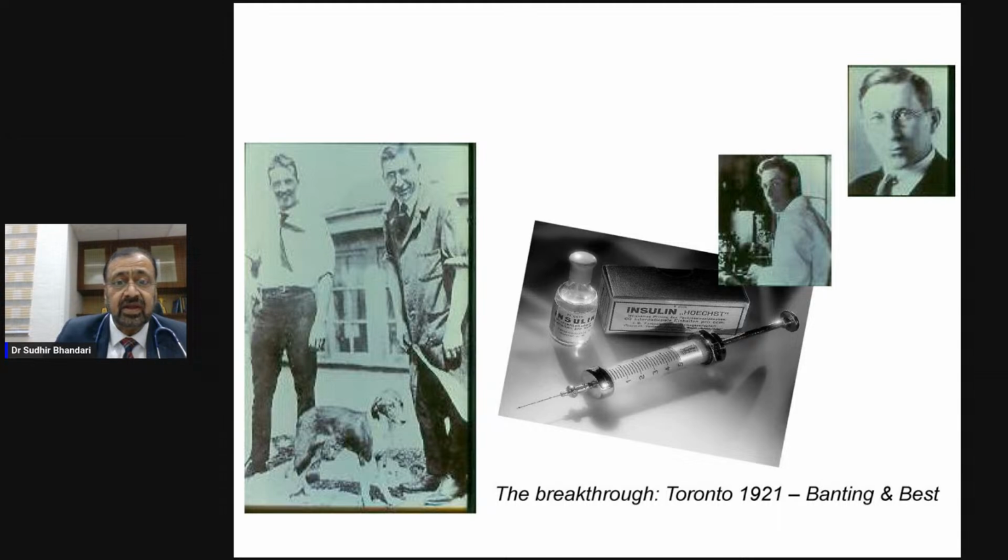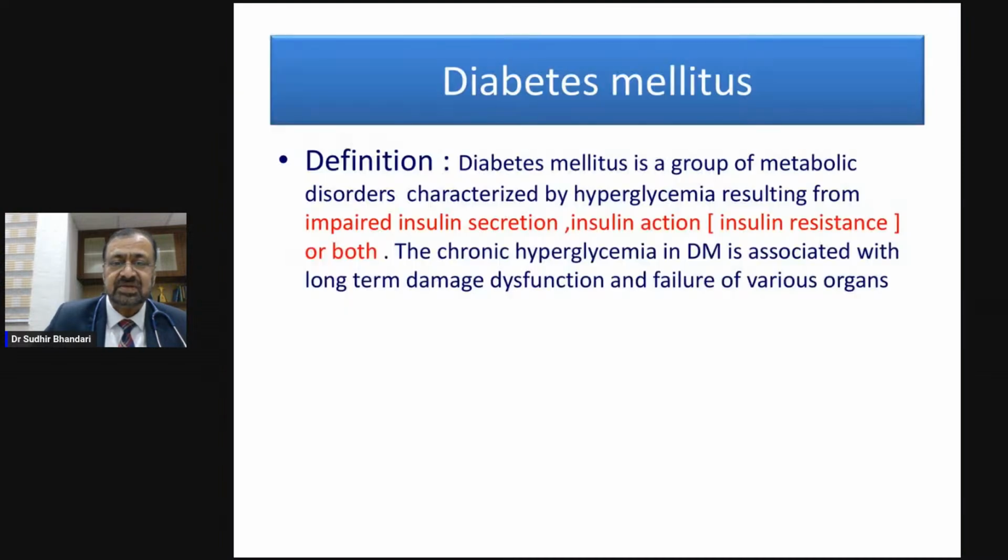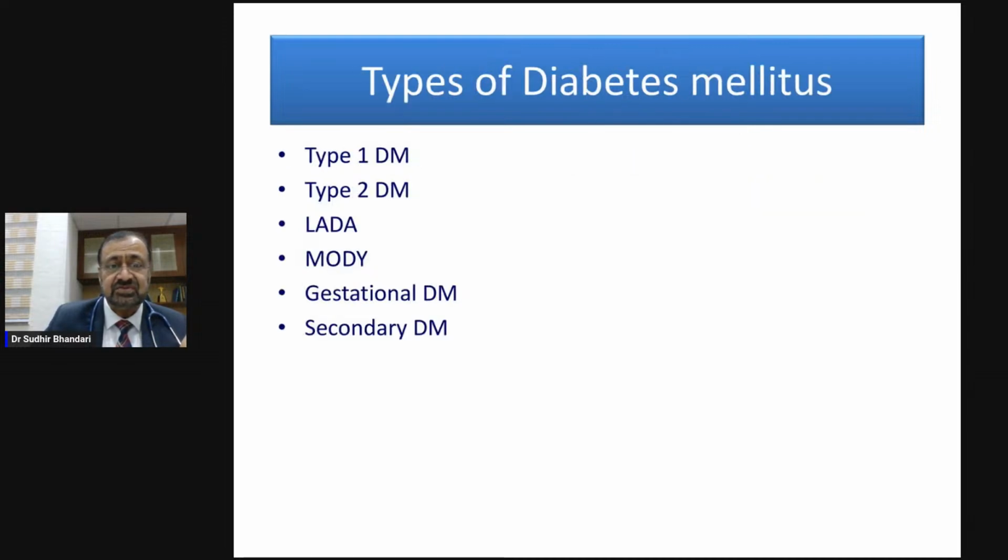So this is the way how insulin is important. After this, the child on the left side who was insulin deficient, when Banting and Best discovered insulin, they injected the baby, who improved in health, muscle improved, and that's why it is important. So it is a disease. All of us know that it is a disease of insulin deficiency and insulin resistance, and hence insulin is so